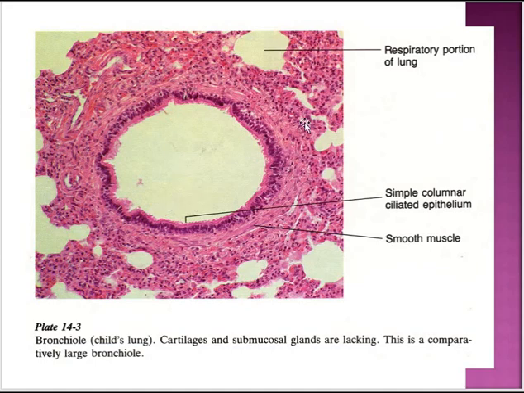It will have a simple columnar ciliated to simple cuboidal ciliated epithelial lining. So instead of stratified ciliated epithelium, here we will find simple columnar to simple cuboidal epithelium. The epithelial lining of this bronchiole will not have goblet cells, but in smaller bronchioles Clara cells will arise, and they will secrete a surfactant-like substance that assists in maintaining bronchiolar patency, and they will destroy the inhaled toxins and